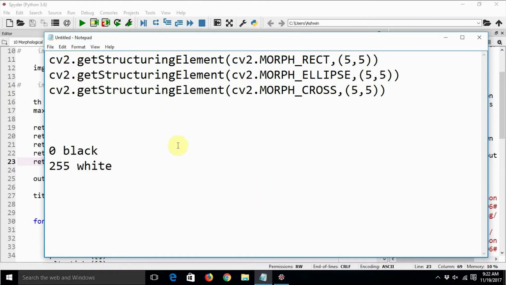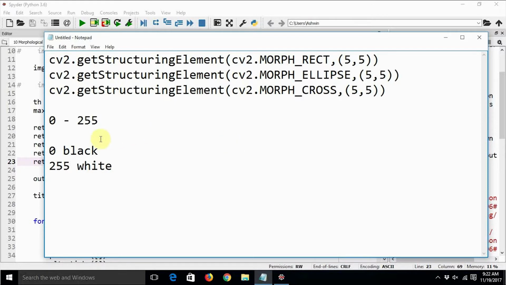We know that grayscale images have pixels ranging from 0 to 255, and in color images, all the color channels are 8-bit unsigned integers, so these values always range from 0 to 255. But in the case of black and white images, there are only two values: either 0 or 255, either black or white.